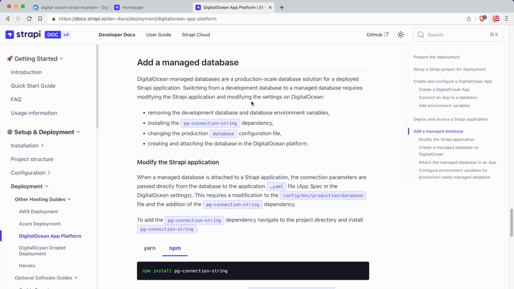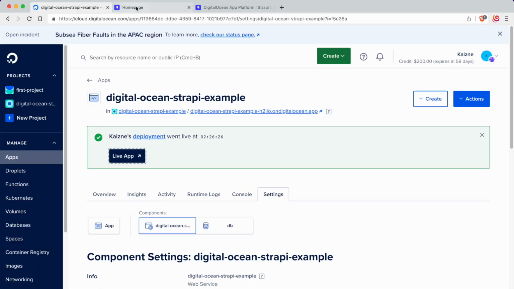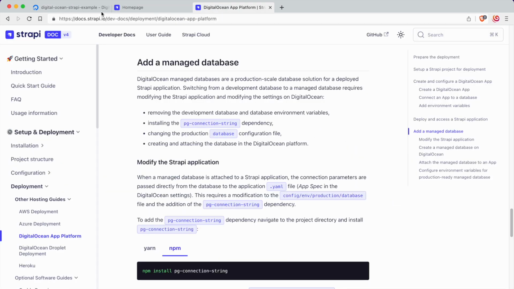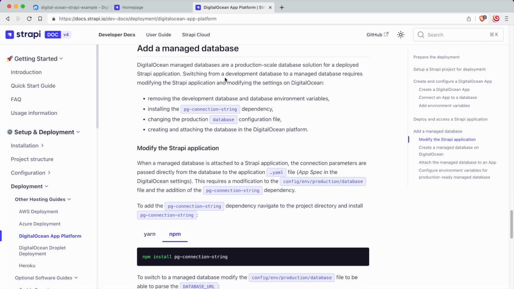upgrading our database. So if you're just using Strapi, just want to test out Strapi or in a very small project, you don't need to do this part. You can just skip ahead to the images section where I show you how to deploy, show you how to use DigitalOcean spaces for the images. But this part is just if you want to do